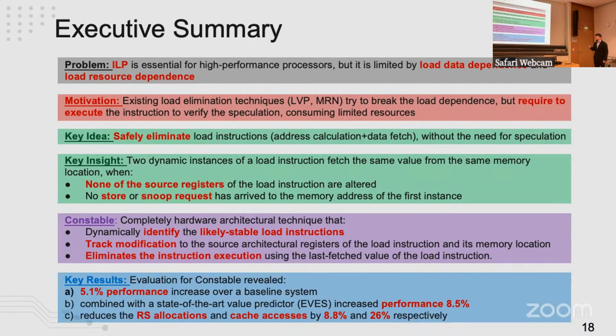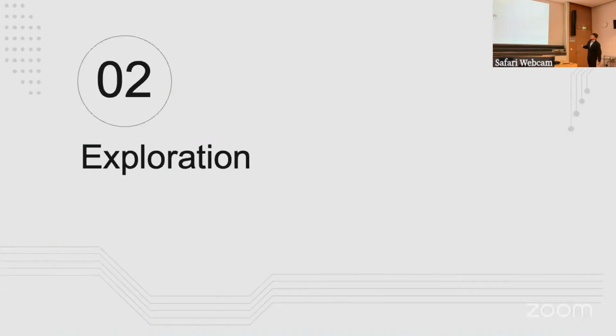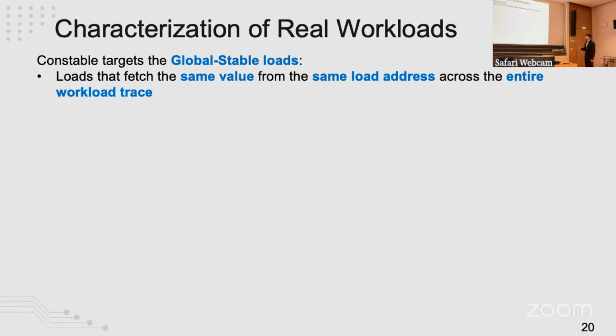achieve over 5% performance increase over a baseline system. When it is combined orthogonally with a state-of-the-art load value predictor, EVES, the performance increase is 20.5%. Besides the raw performance, we also expect improvement in the power domain, where Constable reduces the reservation station allocation and cache access by 8.8 and 26% respectively. Moving into the characterization of the real workloads, as we saw in the executive summary, Constable